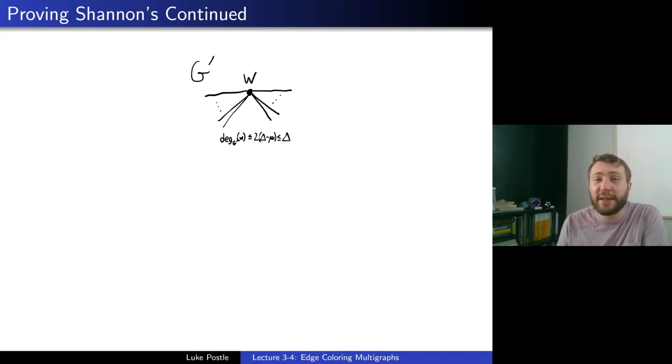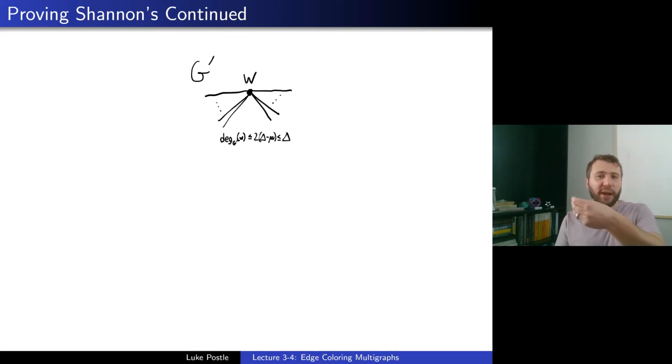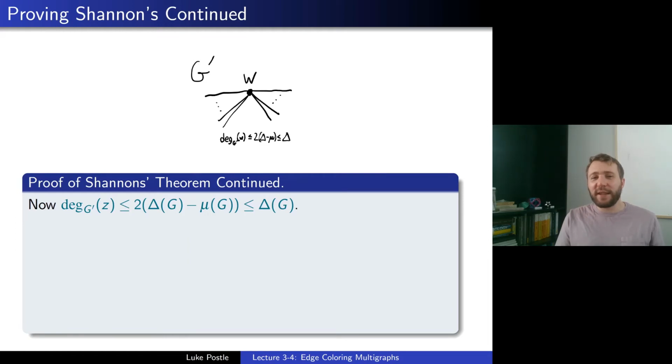So then we're going to do this identification. We take U and V and we identify them to a vertex W, deleting all those parallel edges between them. And you get a new graph. Now it's a multigraph maybe, because maybe you get some parallel edges coming off U and V. If they had common neighbors, that's fine. But importantly, what you can see is that the degree of W, that should be a W, small typo there, is at most 2 delta minus mu,